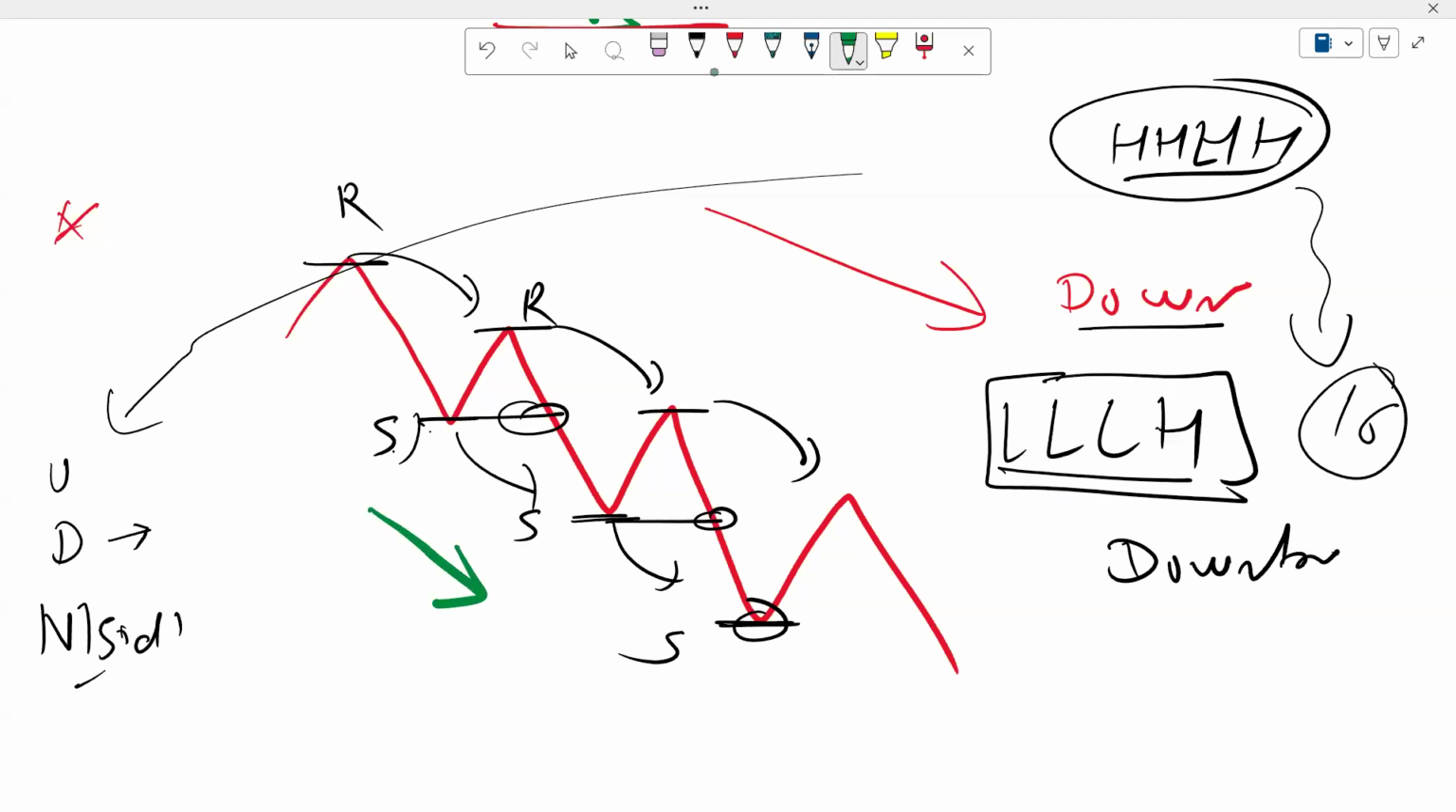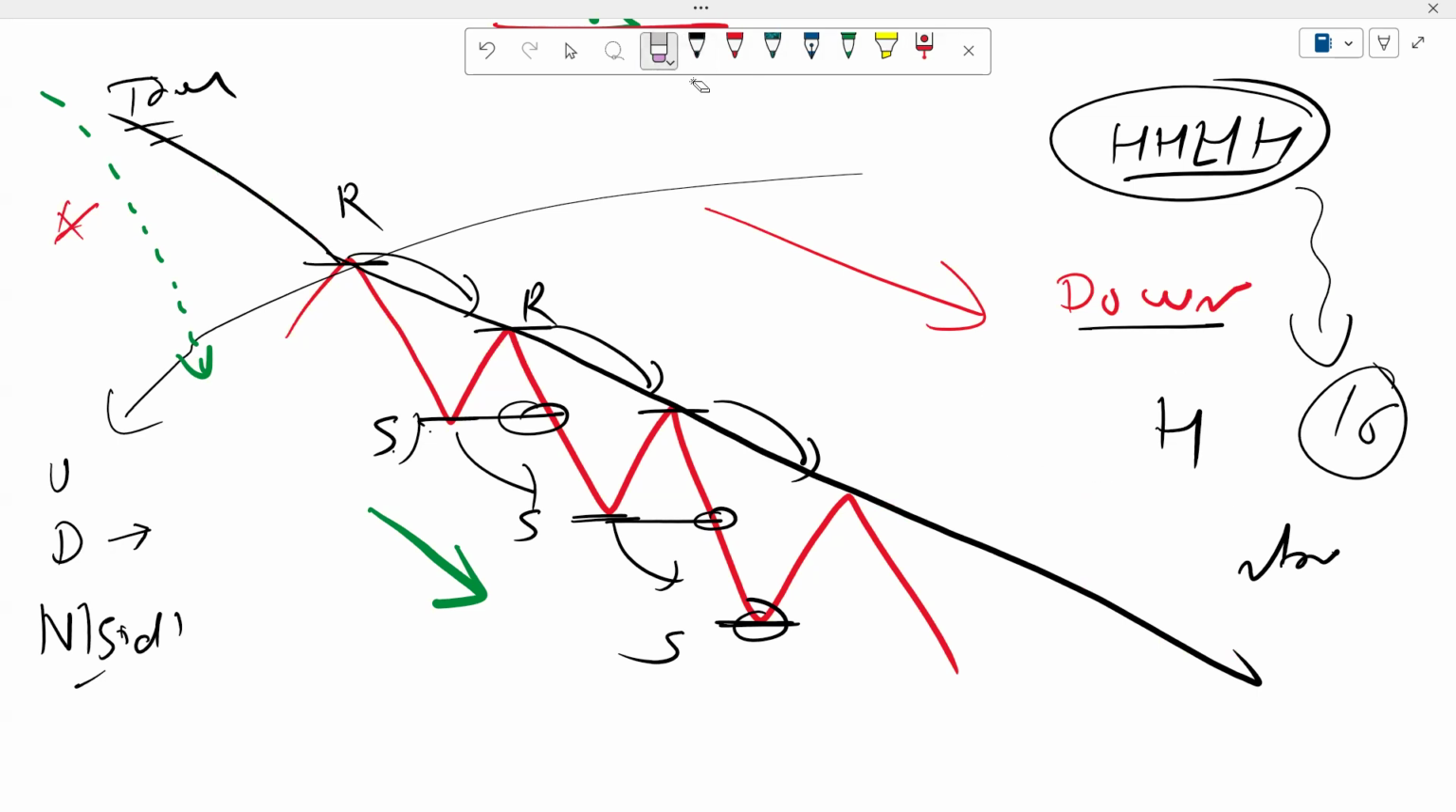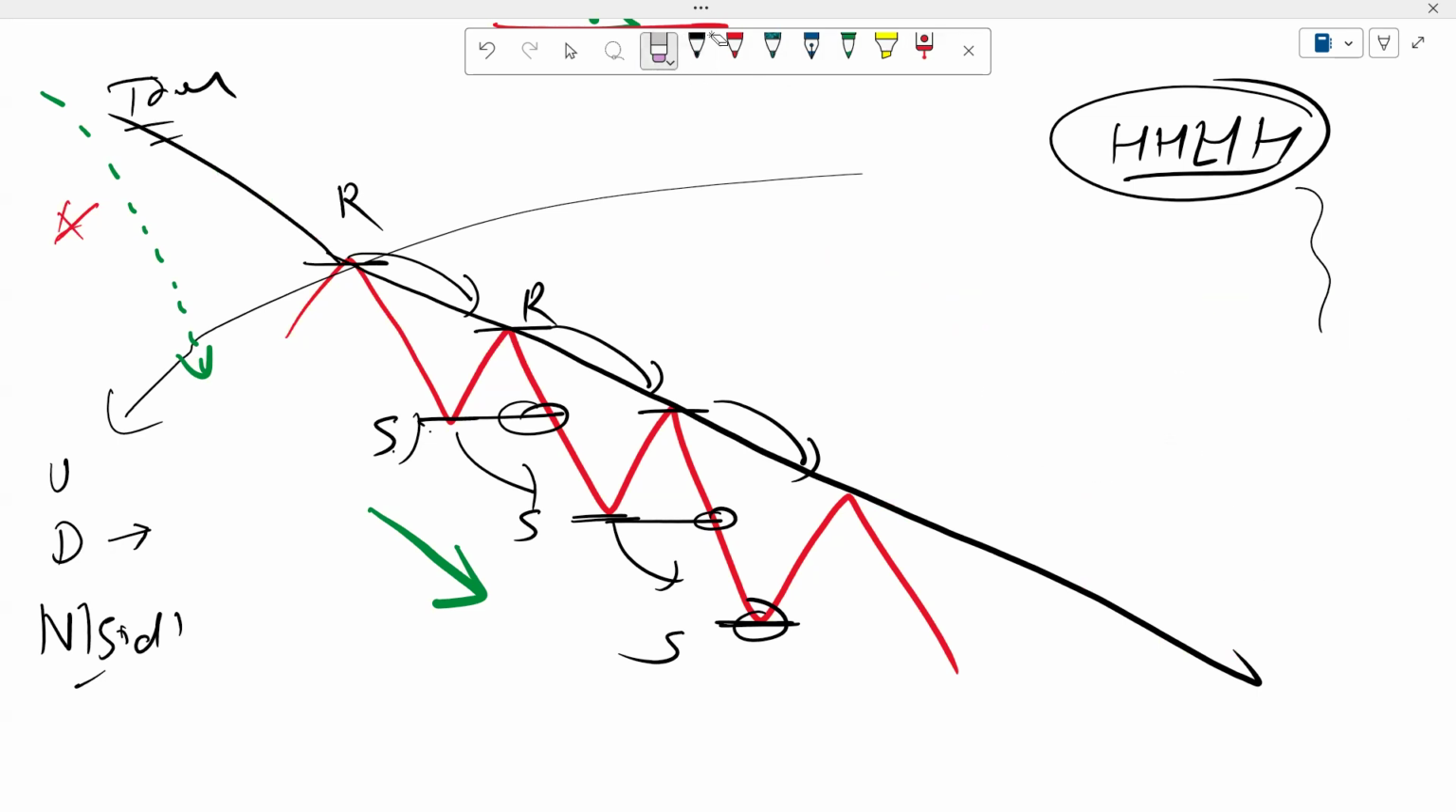What will you look for here? Breakout or breakdown? The market is continuously going down and down and down. What will you look for? Breakout, definitely. You will look for the breakout, and to look for the breakout, you have to join the highs. See, this is your trend line. This is your trend line, okay? And you join the highs,